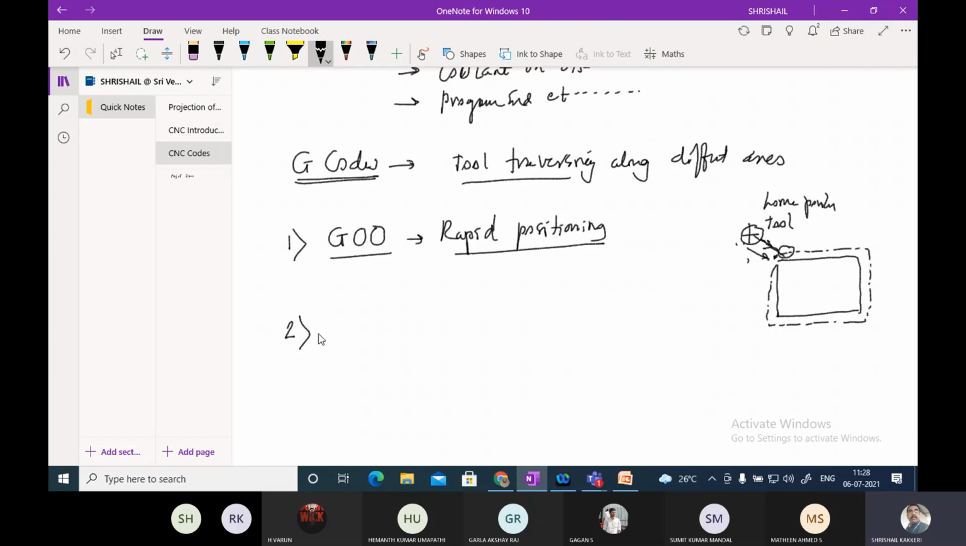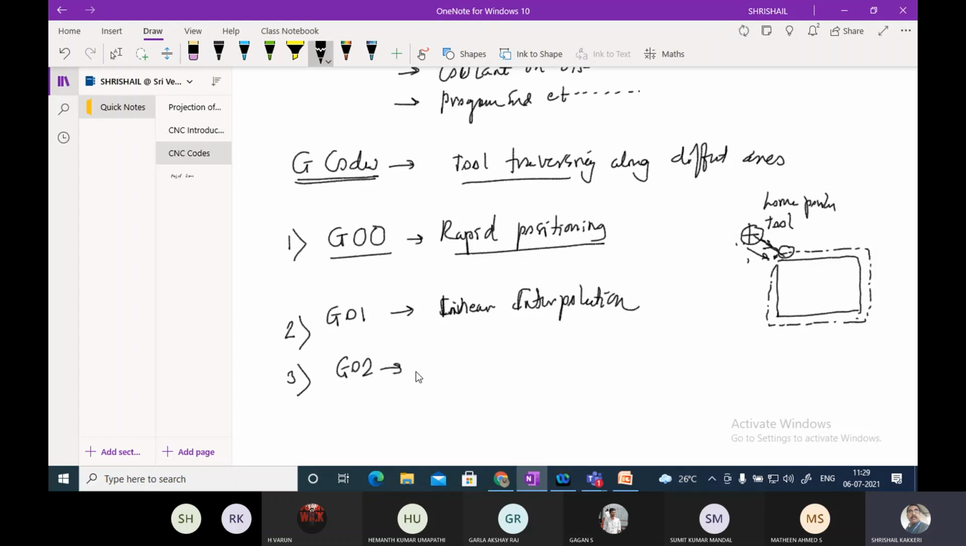Okay, the second one is the linear interpolation. G01 is linear interpolation. So unless you remember them, you cannot do any program. Linear interpolation, G01, it is taking the linear movement, that is a linear interpolation. And the next one is